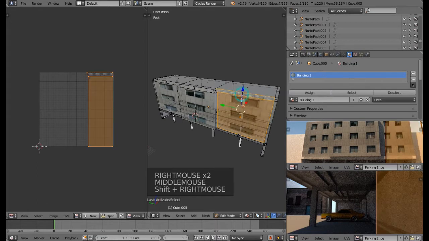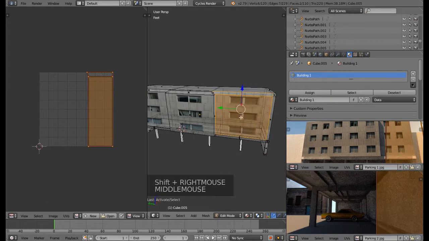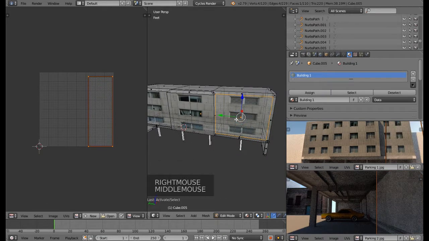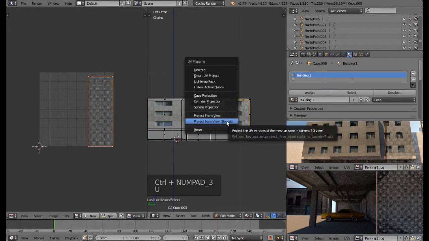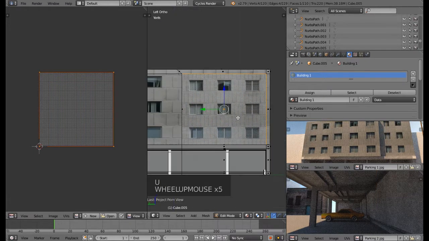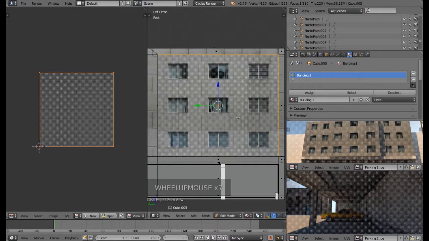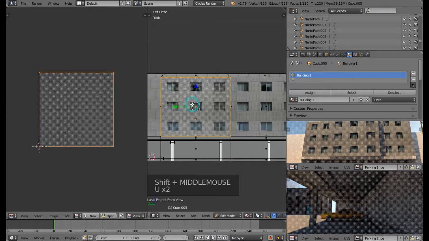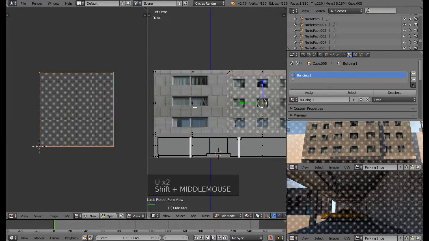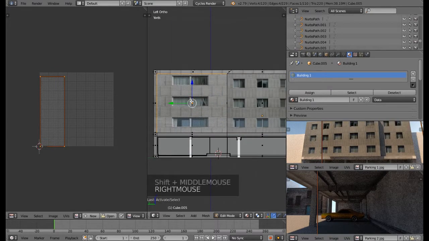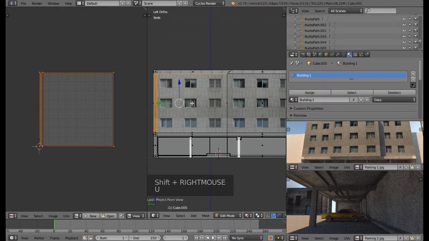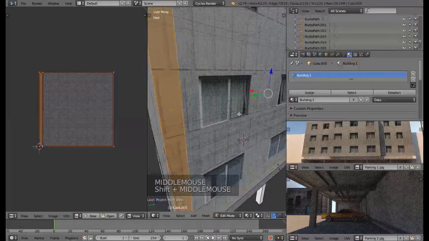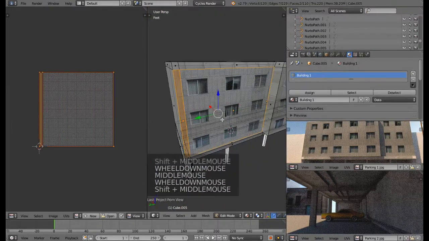So I'm gonna select this one, but now let's use just this face, and let me project from view, and there we are. And for this one, project from view, let me select these and project from view. Okay,